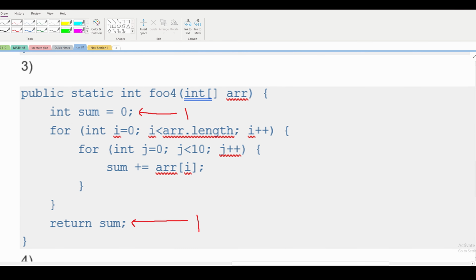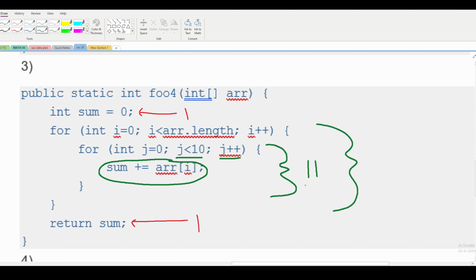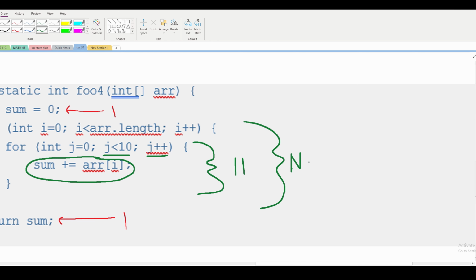For number 3, we're going to mark our statements that get executed once. Inside of our middle for loop is where we're going to look next, and we see that this gets executed for as long as j is less than 10. So this is going to get executed 9 times, but we also have this statement in here and this statement right here. So it's going to get executed 11 times. Outside in here, the outer for loop, we're going to have this be executed n many times. From here, we can rewrite this as 11n. Since our 11 is constant, it gets absorbed into the n, and we're just left with big O(n) as